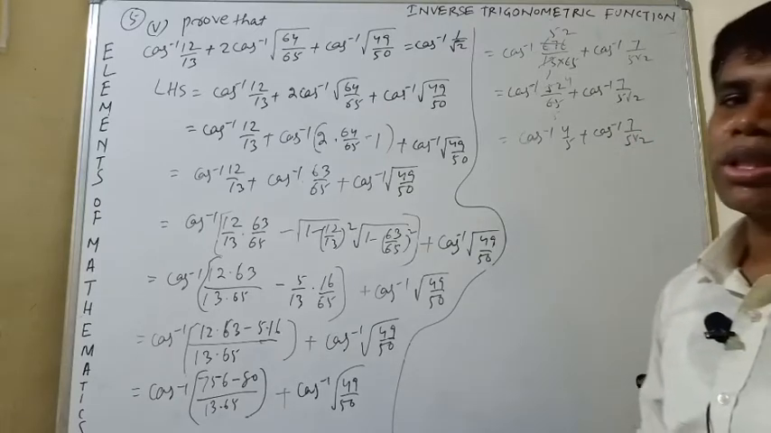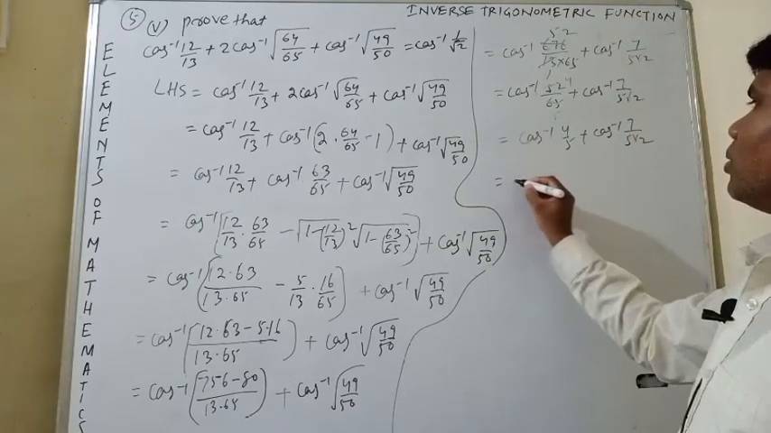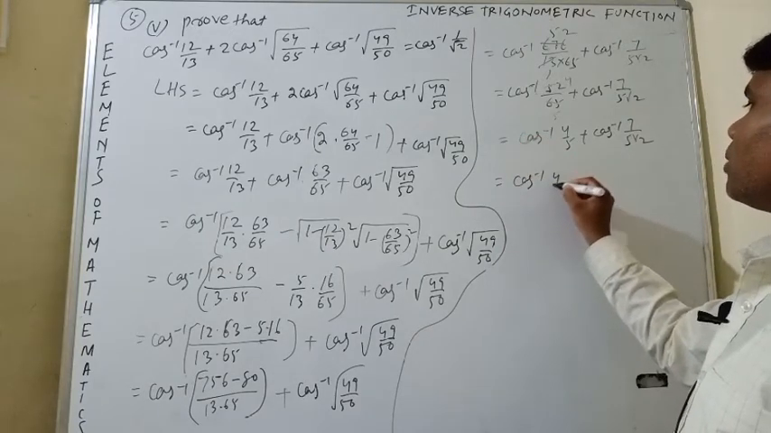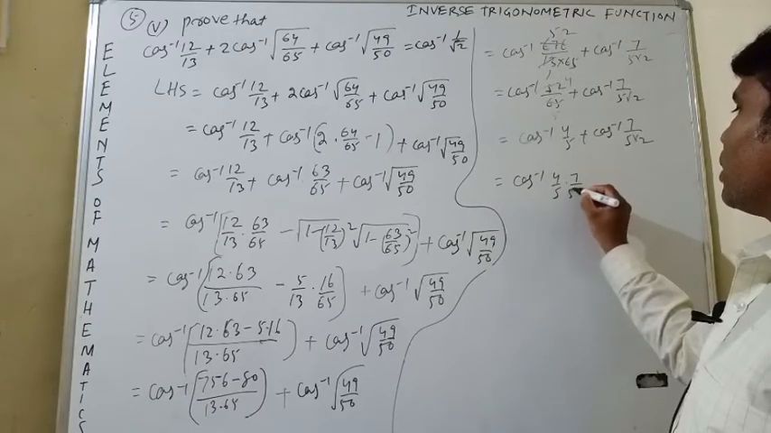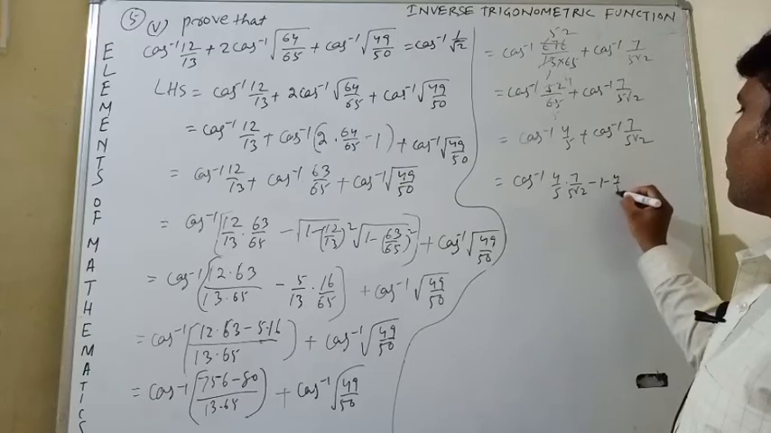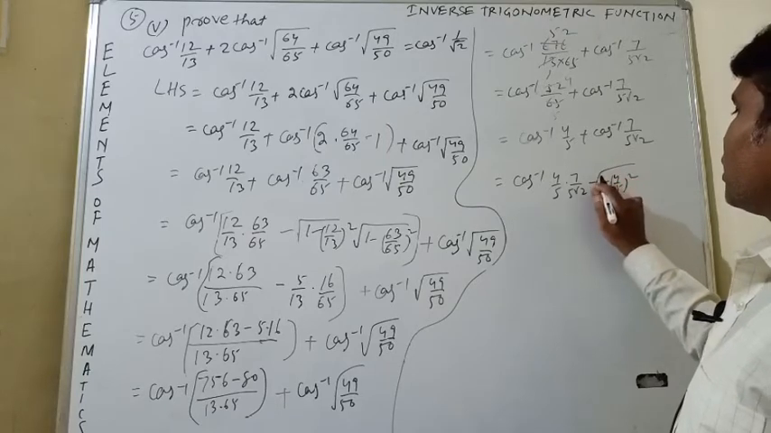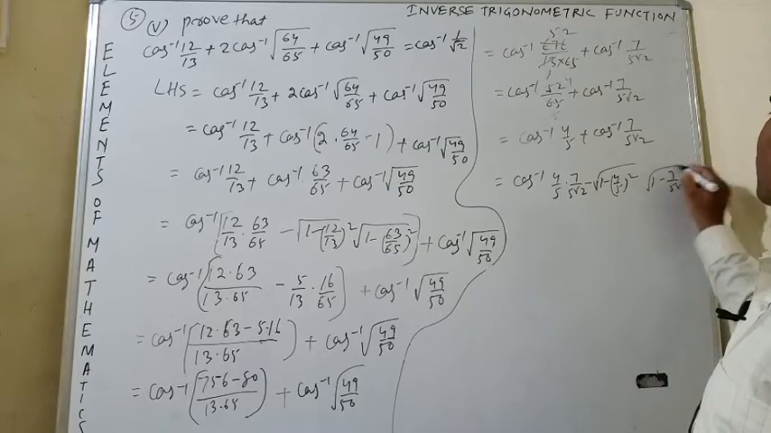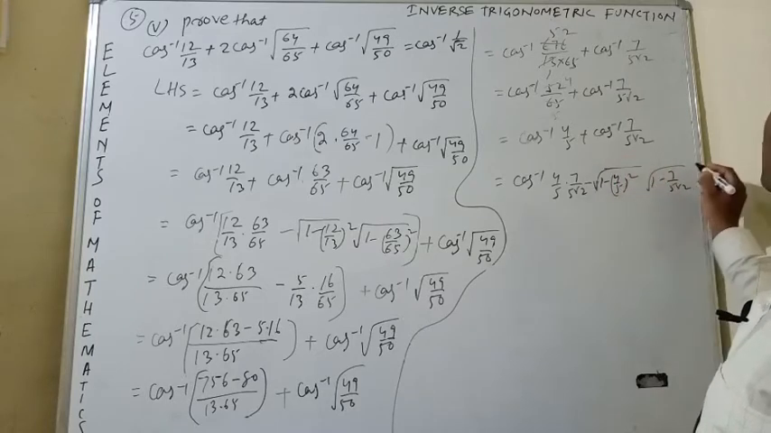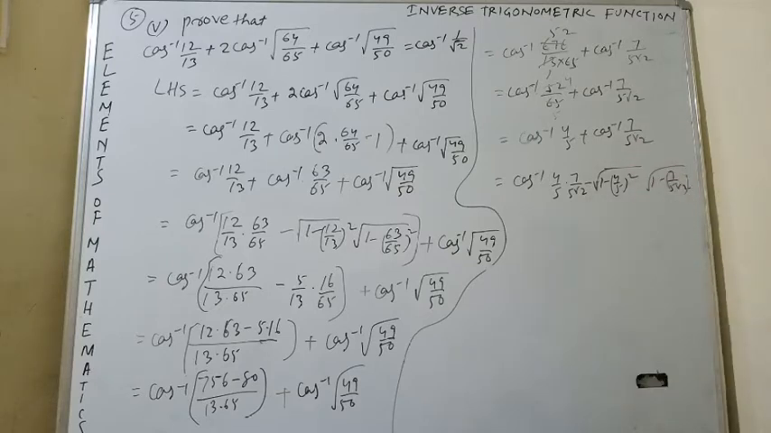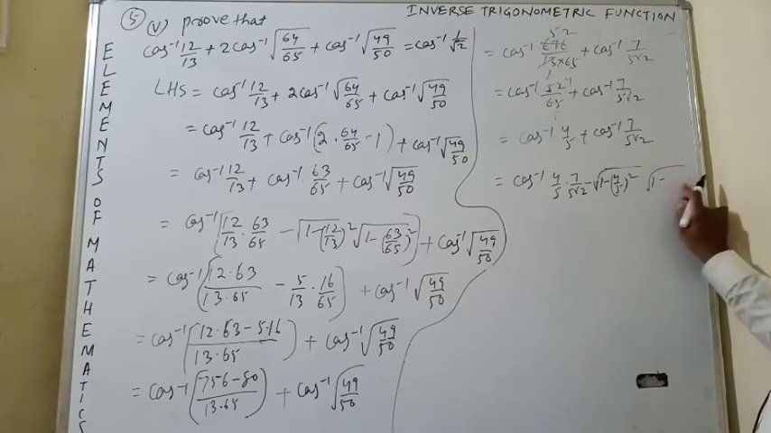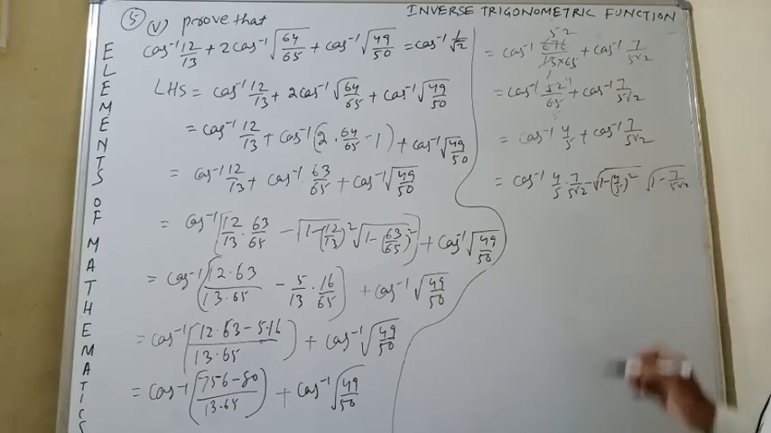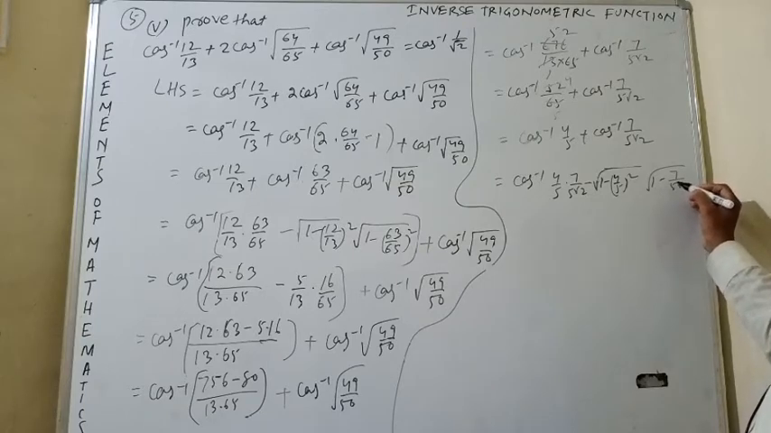You can apply cos inverse x plus cos inverse y is equal to cos inverse of xy minus root of 1 minus x square into root of 1 minus y square, that is 4 by 5 into 7 by 5 root 2 minus root of 1 minus 4 by 5 whole square, again 1 minus 7 by 5 root 2 whole square, that is how much,